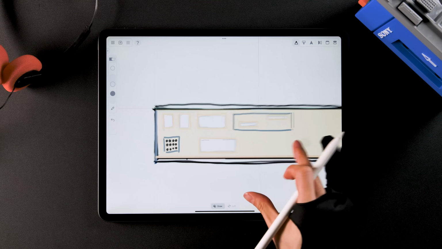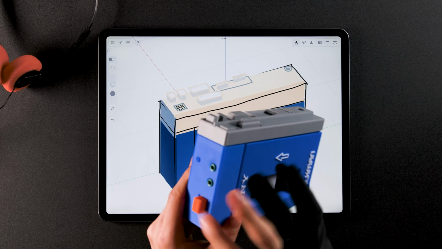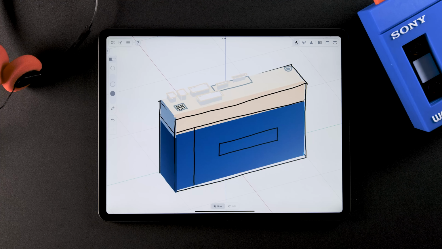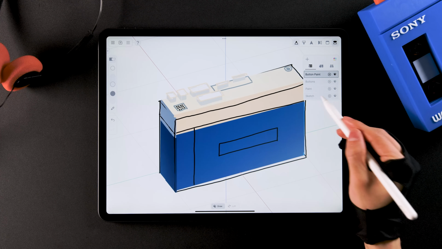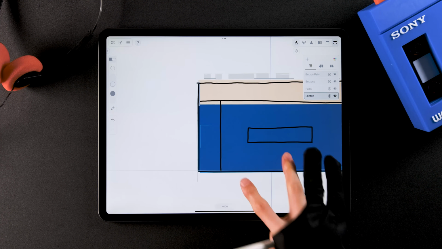Now it looks like a cassette player, but we need a cherry on top, an iconic orange button on the side, like the real Sony Walkman. Let's use another feature of the joystick to draw this easily. First, switch to the sketch group and draw a guide slightly above the left side.